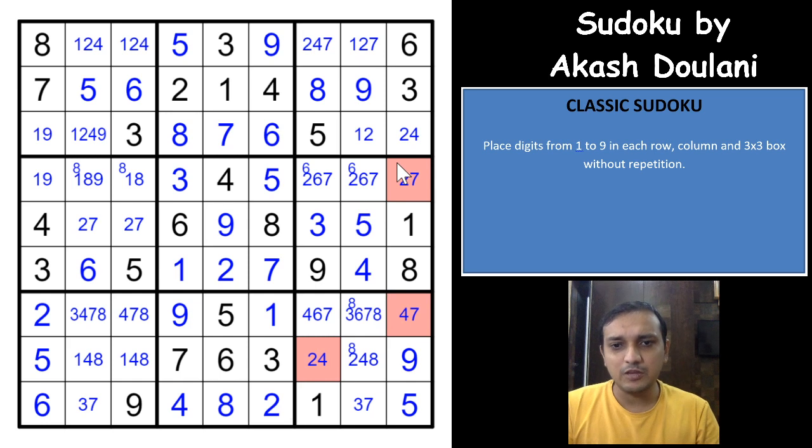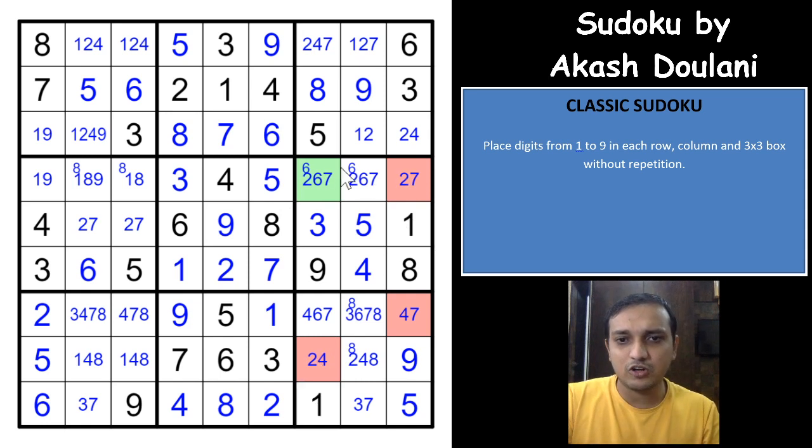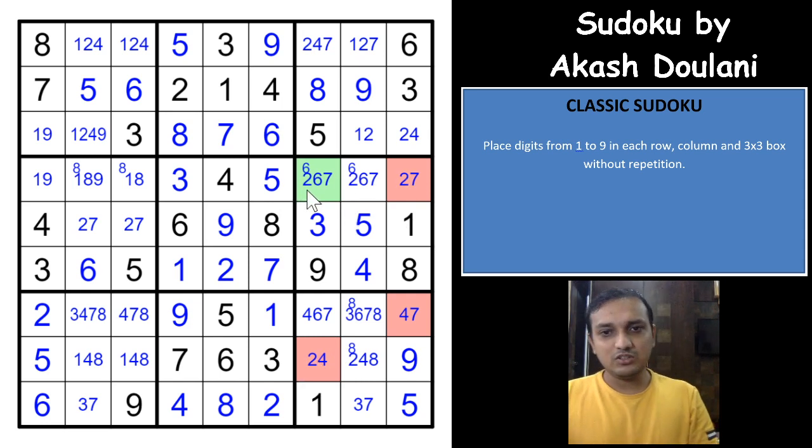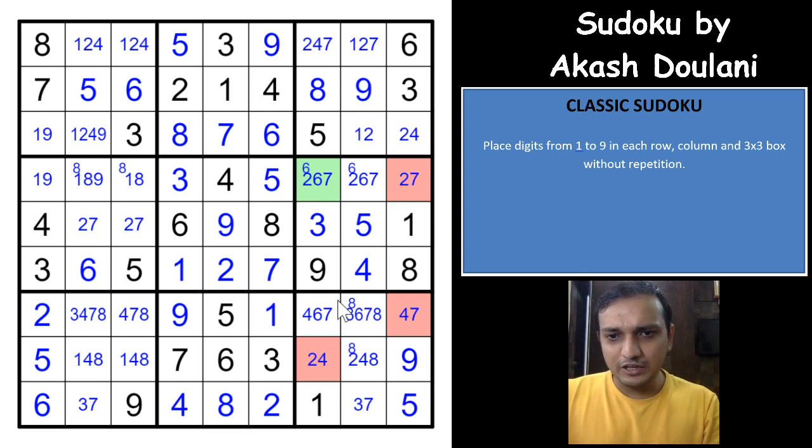And at this point of time, you have to look out for cells which see both of these cells simultaneously. Seeing both AB and AC simultaneously. So there are some cells that will see both of these cells simultaneously, which is this cell. And the common candidate between these two cells cannot be in the mutual cell. See the common cell, right? So you have 2 4 and 2 7, which means you cannot have a 2 in this cell. So the moment you have a 2 here, that gives you a 7 here and a 4 here, and that eliminates all of the possibilities from this cell. Excellent. So which means that this cannot be a 2 now.